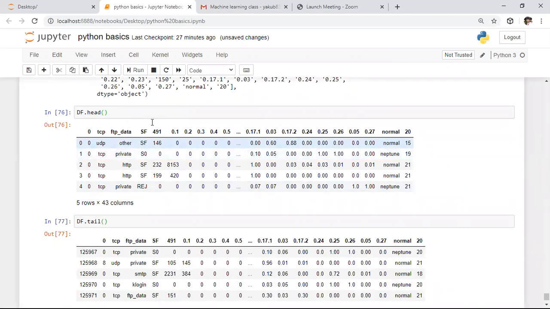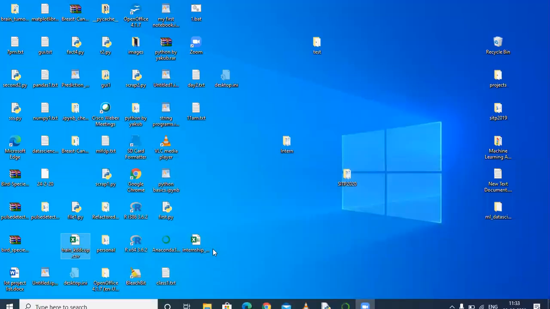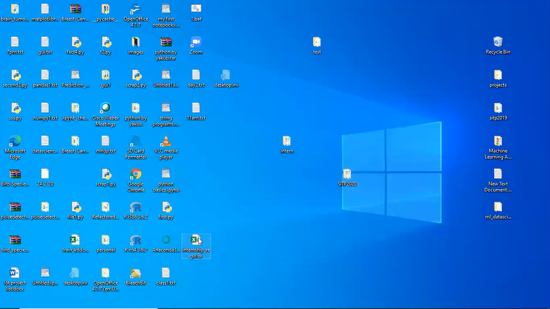Like that, if you want to access the data present in any Excel file, we need to say pd.read_excel. If you want to read the data from any Excel file, we need to specify its name. Here I want to read one Excel file which is present on my laptop, the internship registration XLS file.